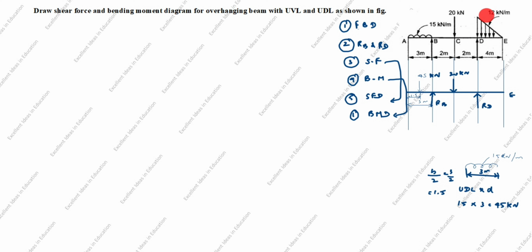Now, how we will convert UVL to point load? We will draw the UVL. This distance is given as 4 meter. So this is 12 kilonewton per meter. UVL is half into BH, area of triangle formula. What is B value? B is this. H is, this is H. So half into 4 into 12. So 1 2s are 2, 2 2s are 4. So 24